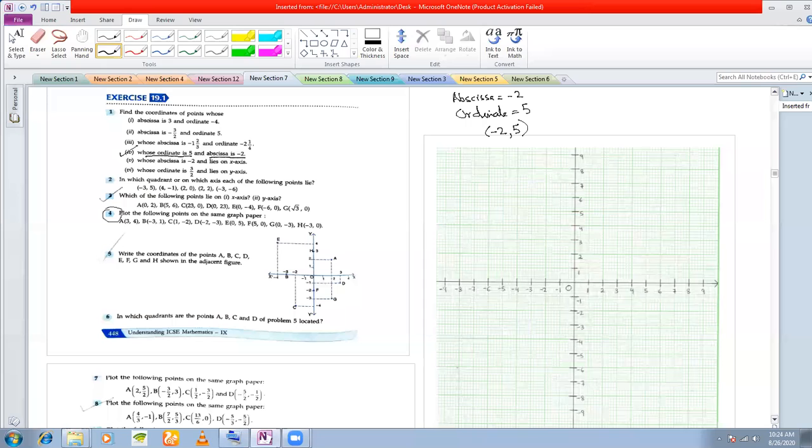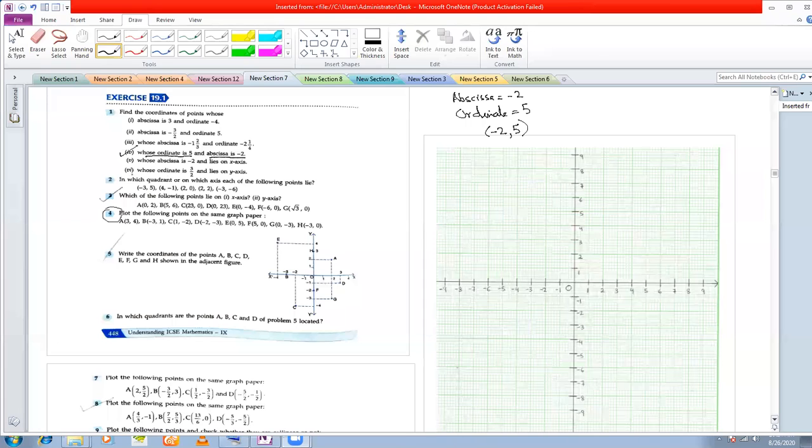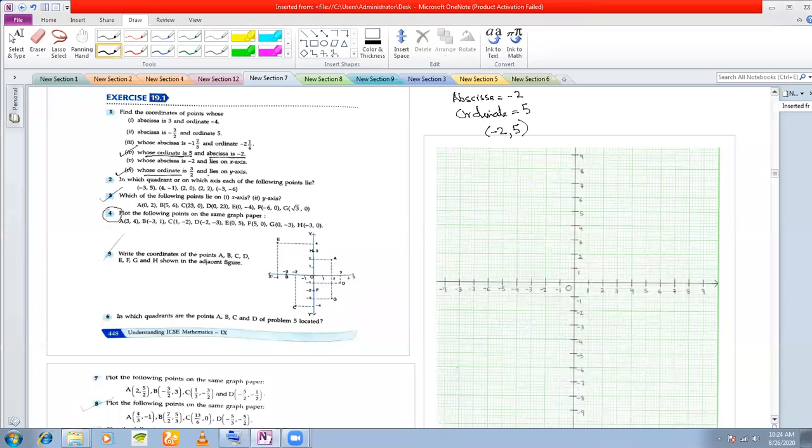Let us see the next question. You can do all the questions in this way. This is a variant of the question. Find the coordinates of the points whose ordinate is 3/2 and lies on the y-axis. So ordinate here is 3/2. Okay. Ordinate means which part? Ordinate means your y part. We don't know about the x part. Okay. Now the next information is given. It lies on the y-axis. You know that any point on the y-axis will have the x coordinate 0. So this is the coordinate of the point. Any question?